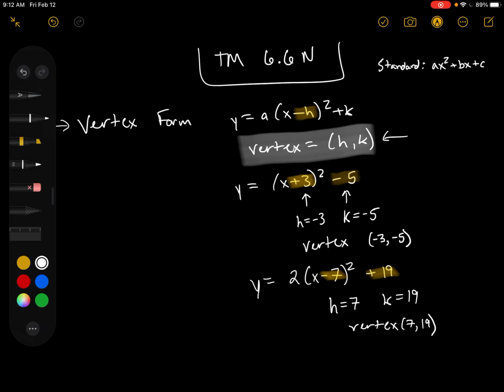All right, so after watching this, you'll have some questions identifying the vertex from some functions. So again, questions, reach out, but this is part 1 of our